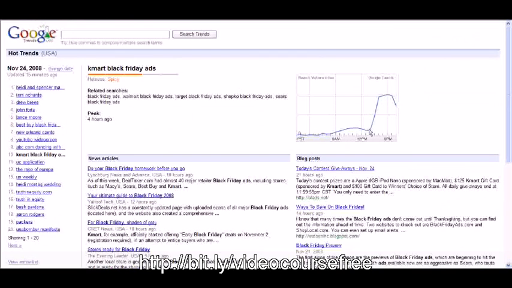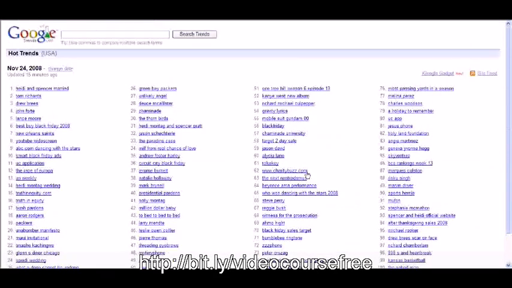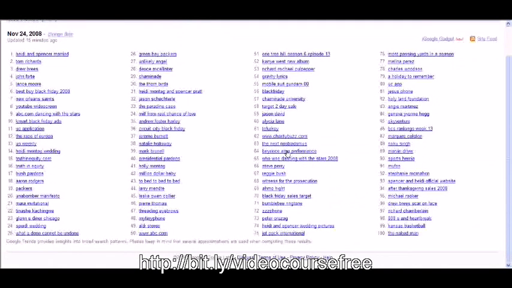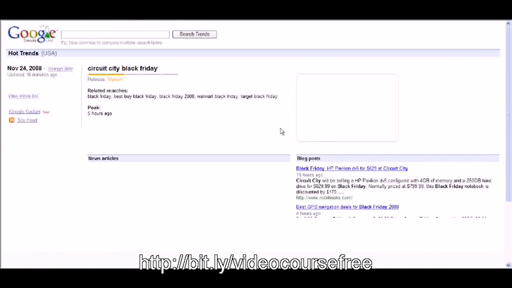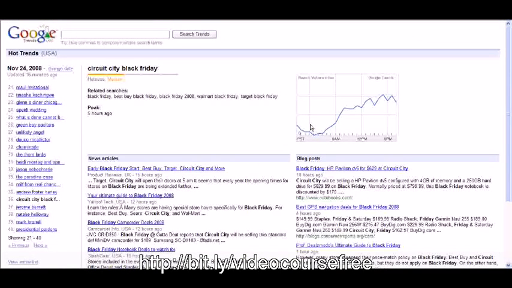I like to look for trends that are obviously going up, but also, so they haven't totally fallen off. Like if they are clear, like this one would still be okay to go after. But if you see that their trend down here is clear over here, it's not really worth going after and using the methods in the system. So this is how you go about finding the particular product or niche or keyword that you're going to target with this system. So you can refer back to this video, and you're just looking for things that are on an upward trend.